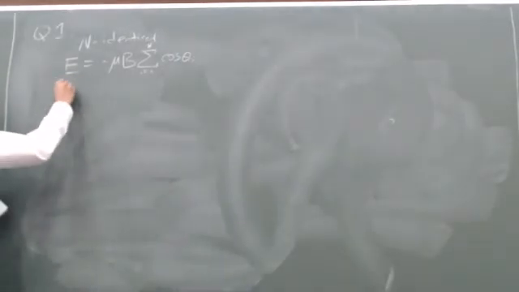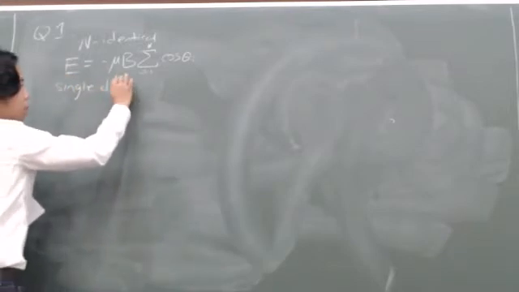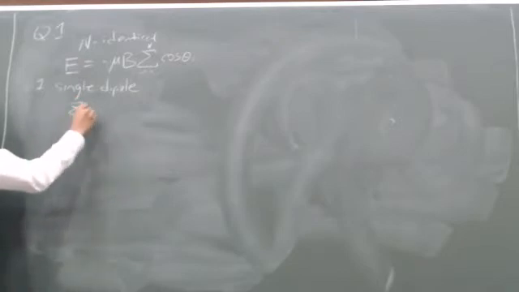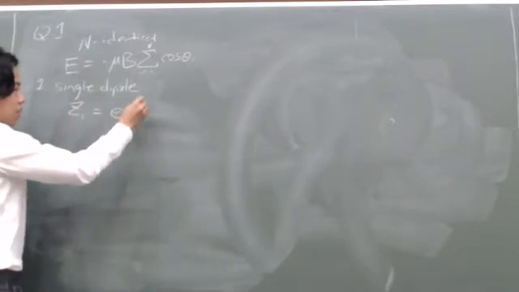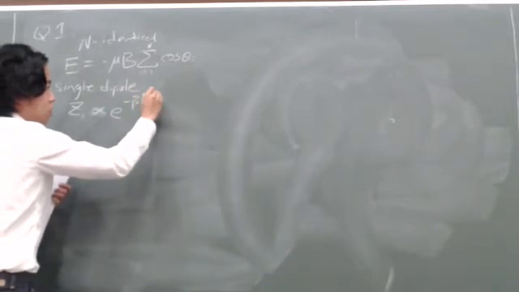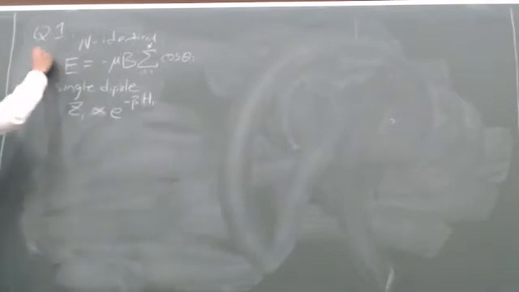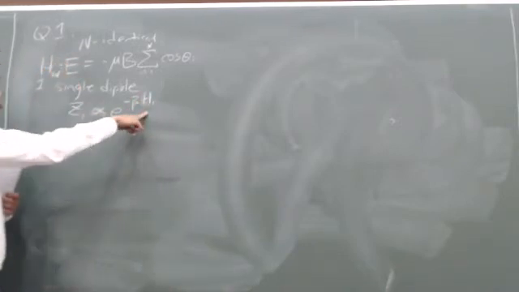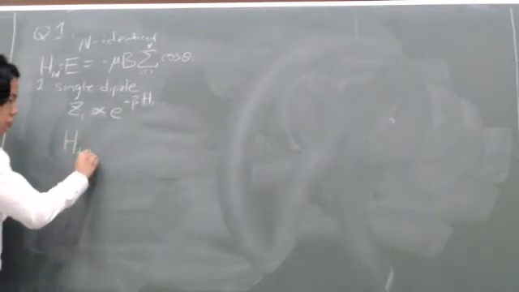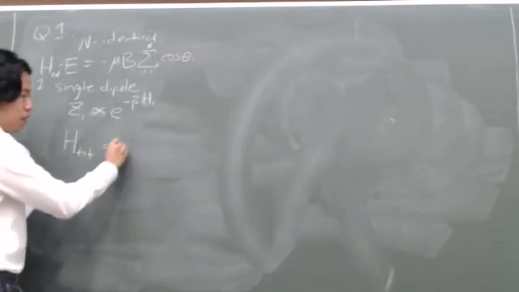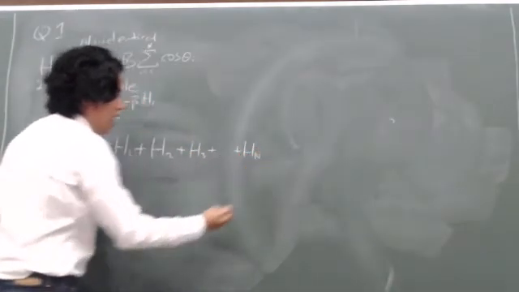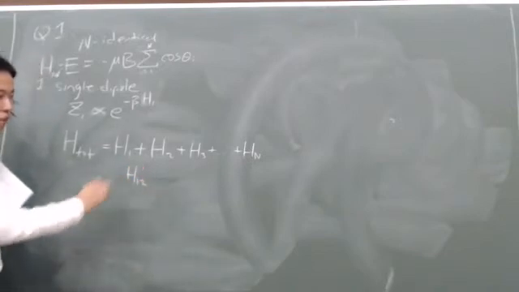So let's do it for a single particle, or a single dipole. This is question 1, part 1. For a single dipole, Z1 is going to be proportional to the exponential of minus beta E, so let's call it H1. This could be like a total Hamiltonian, but here I only have the individual one-dipole Hamiltonian. If you consider the total Hamiltonian of the entire system, it is just going to be the sum of all the individual Hamiltonians. And you will never get a term that mixes, say, the first and second dipole,